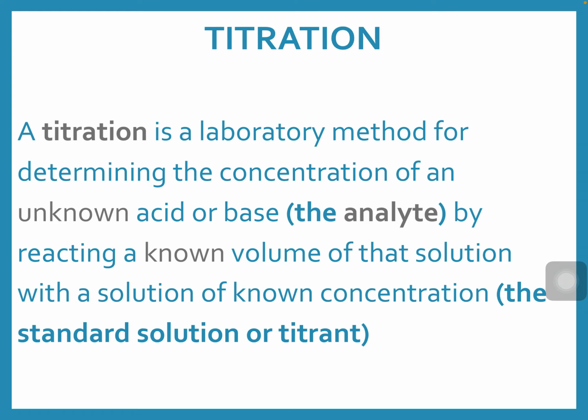The way that we are going to do that is we are going to use a certain volume of that unknown analyte, and we are going to use a solution that we know the concentration of. That is called either the standard solution or the titrant. So we will use the opposite. If my unknown is an acid, then I will use a base that I know the concentration of, and I'm going to figure out what volume of that I need to